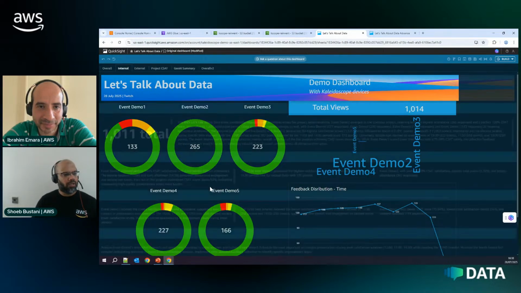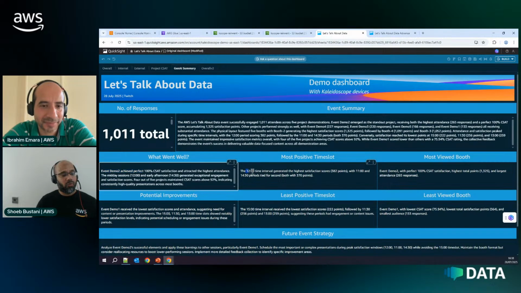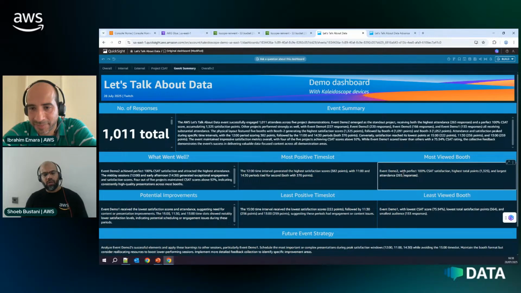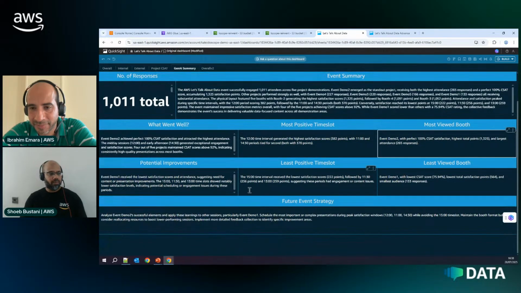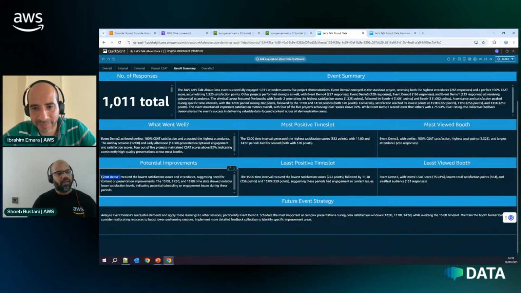So if I go back to the Gen AI summary, it tells me, even to achieve perfect CSAT, what event duration and what time of the day was most positive. It also tells me which were the most viewed demos. And similarly, as we saw, even demo one wasn't doing great. I mean, it was still 75%, but in comparison to others. It also talks about the time slot, and then the future strategy, because that's what you want